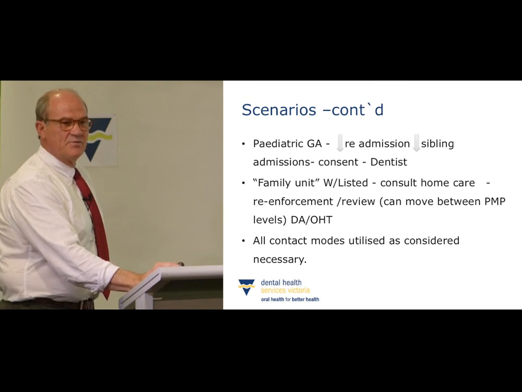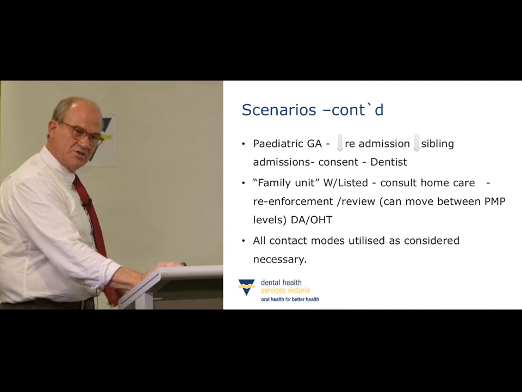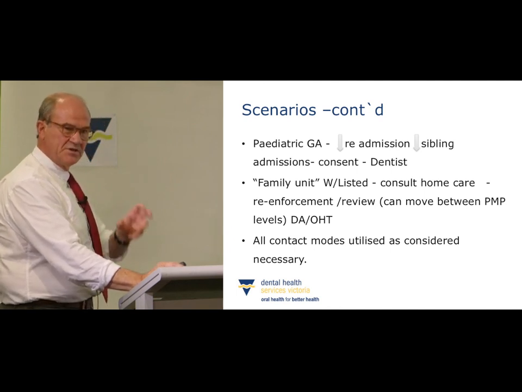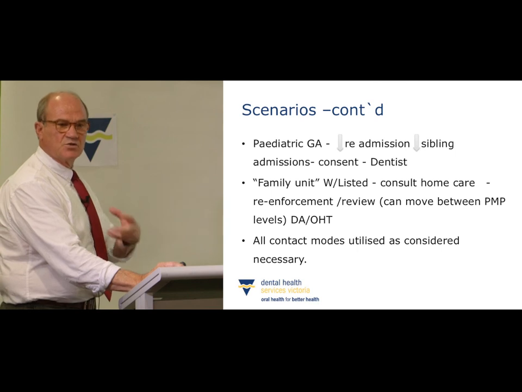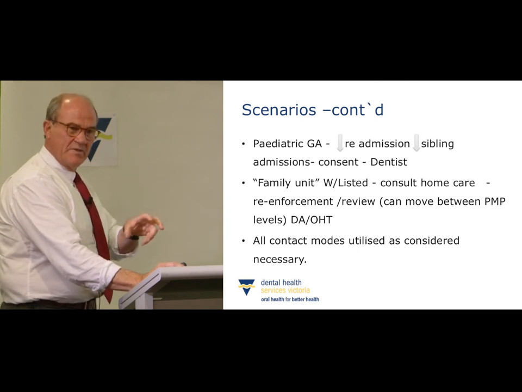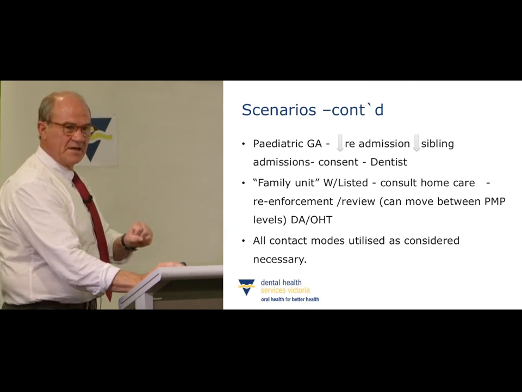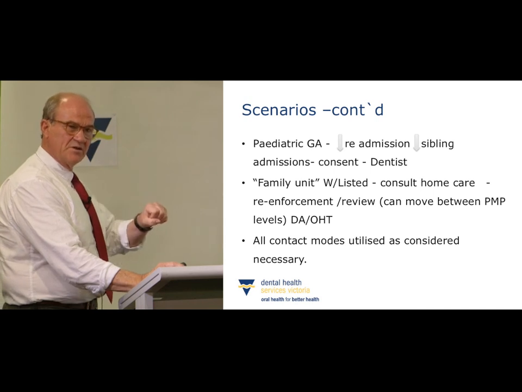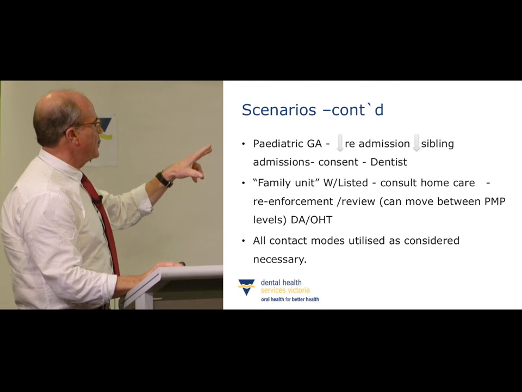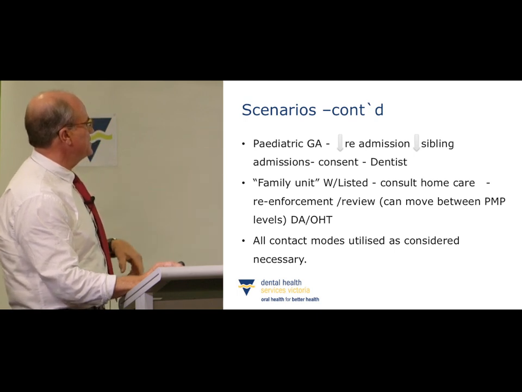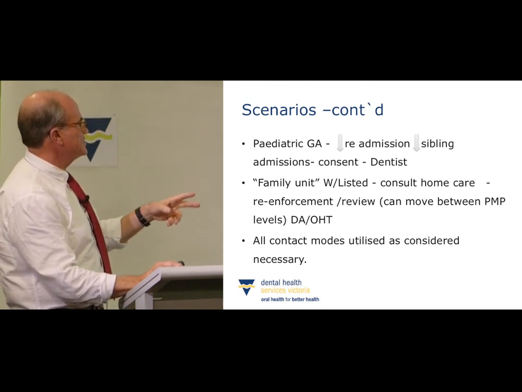That whole family would become acute in our model of care, and we'd aggressively manage the whole unit, not just that one child. So that one child was managed by the oral health therapist, but you managed the family unit, the parents, if there was one or two, or just their primary caregivers, we actually managed that, because quite often, once you manage that whole unit, it was a problem. And so your investment is to the family unit, which is realised with your siblings. And it's done by your primary healthcare team, your DA and your OHT. All contact modes utilised and considered necessary.